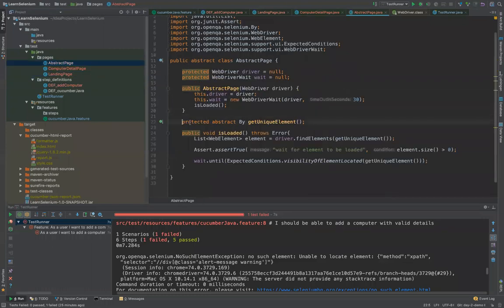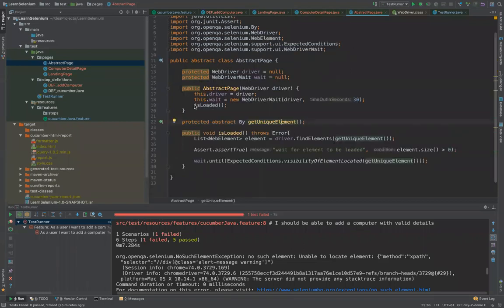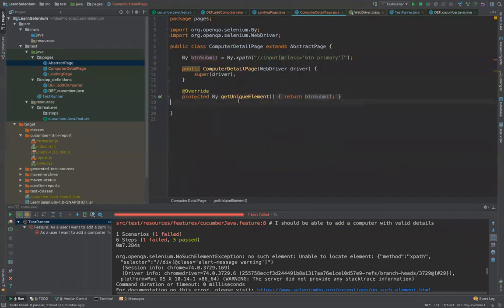So this method is not implemented, right? So I'm implementing it in the child classes to do something. So whenever this is loaded, it will call this method here, and that will call that particular child. So once we have this, now I'm on this page, and now I need to